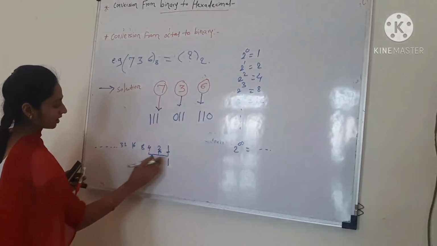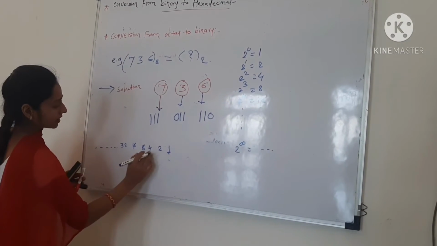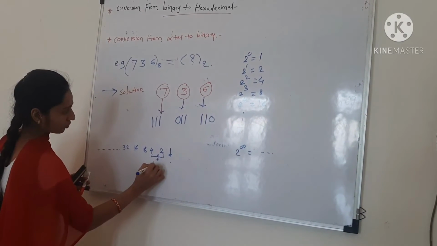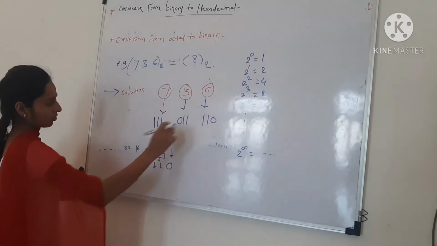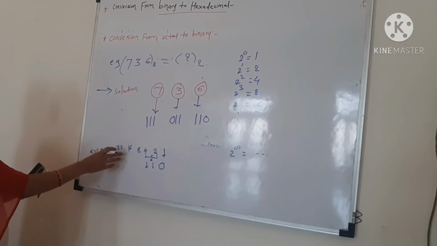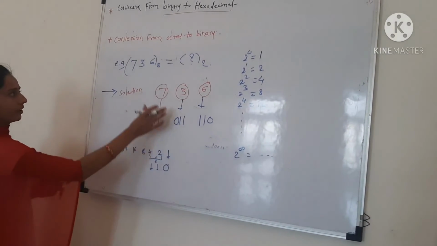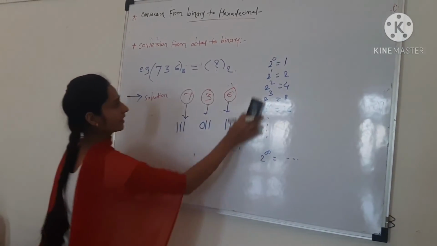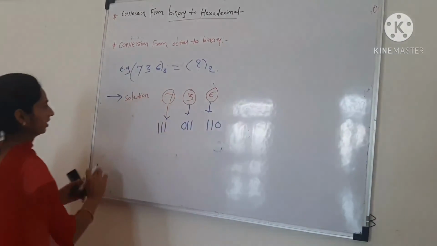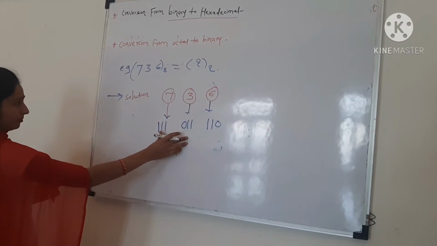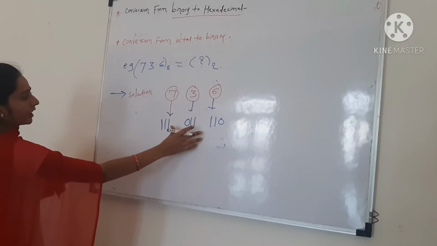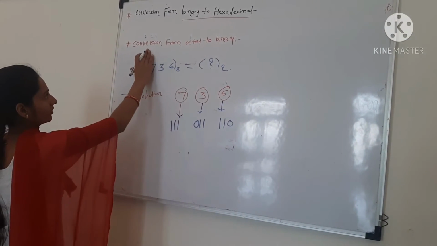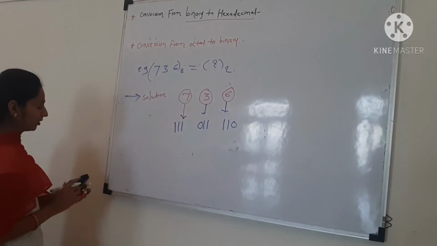And here 6 will come, that is 4 plus 2, it will be 6. That's why here 2 bits are 1 and this bit is 0. So this is the simple method of converting any octal number into binary. Here only one step is there in this conversion, that is write the equivalent of each digit. That is, we have to write the binary equivalent of each separate digit. So this is our conversion from octal to binary.